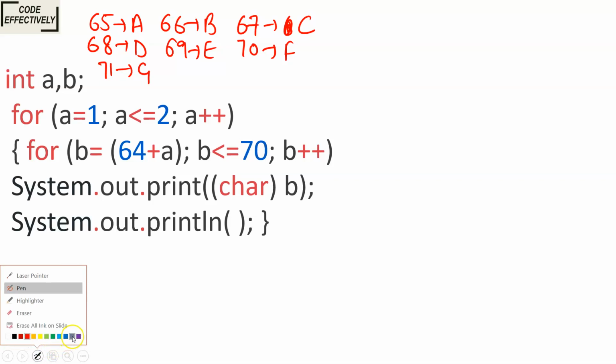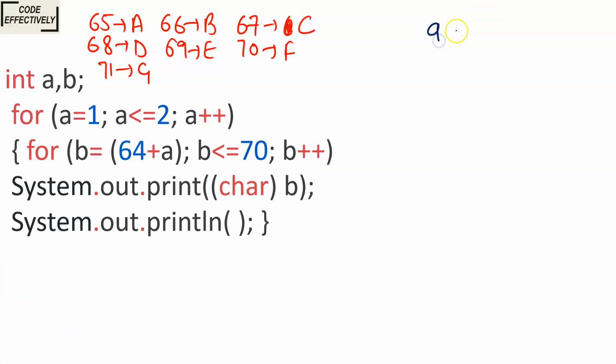Let me initialize my variables. We are given int A and B. So when A has a value, we will start with this for loop. Since I have not been given braces for the inner for loop, it has only one line, System.out.print char B. So when the value is A, it will come inside the for loop, and it will run.